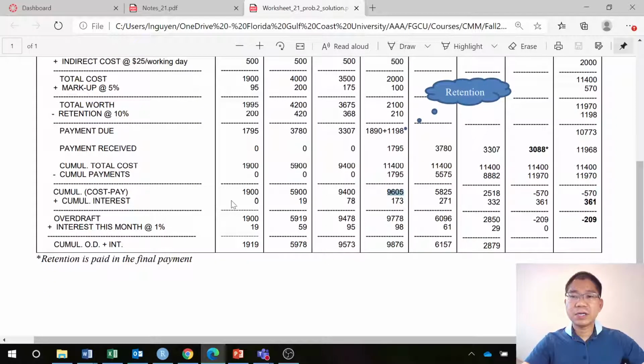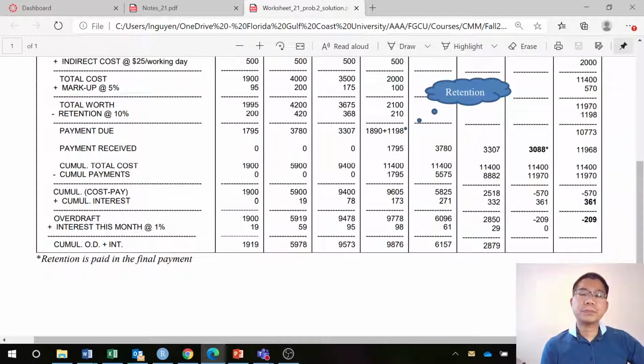The next is the net gross cumulative interest. So that is 0 because that is the first month, and then this is the cost that you spend for the first month, you have to pay the interest at the beginning of the next month. That's why you have month 2. So you have 1,900,000 with the interest here 1% per month, as you can see, 1%. So we have 19,000, and that one cumulative